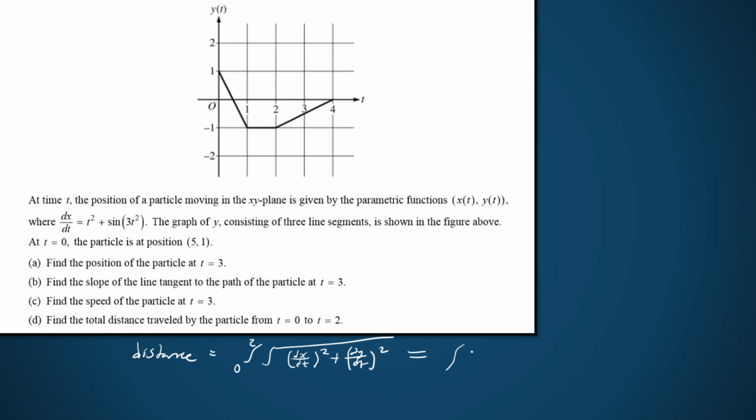Oh, okay then. Square root from 0 to 1. That's it. Okay. Dx over dt is a continuous function, so we can leave that as is. But you told me dy over dt from 0 to 1 would be -2, so I've got to leave that. Yep. A constant. Okay, and then what am I going to add? Plus the integral from 1 to 2 of the square root of dx over dt